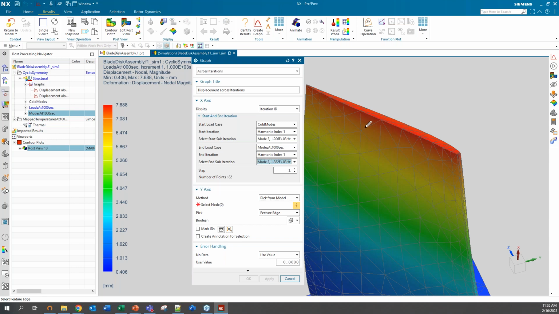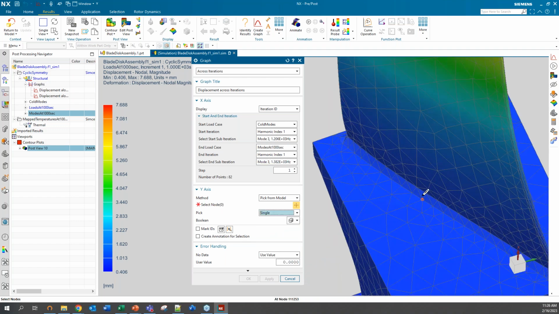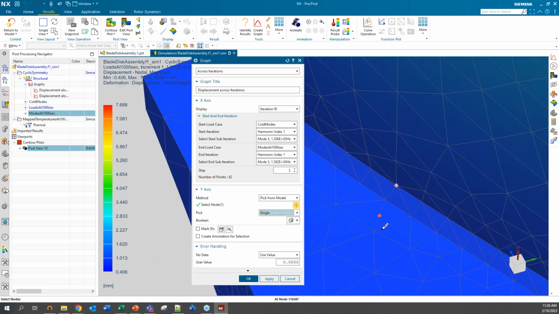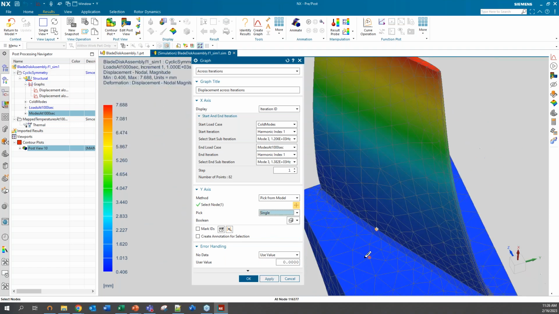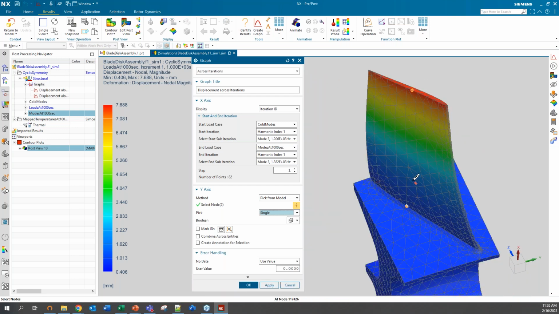And again, we're going to select what nodes we want for that. And I'm going to go single. Let's say I want to compare a data point at the base of the fan blade to the tip and compare the magnitudes of displacement between those points across 2 iterations. So if I hit OK,